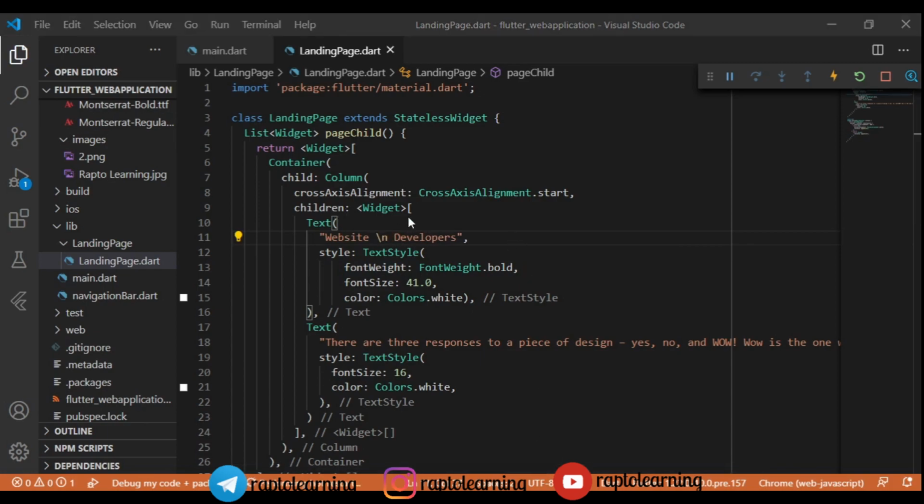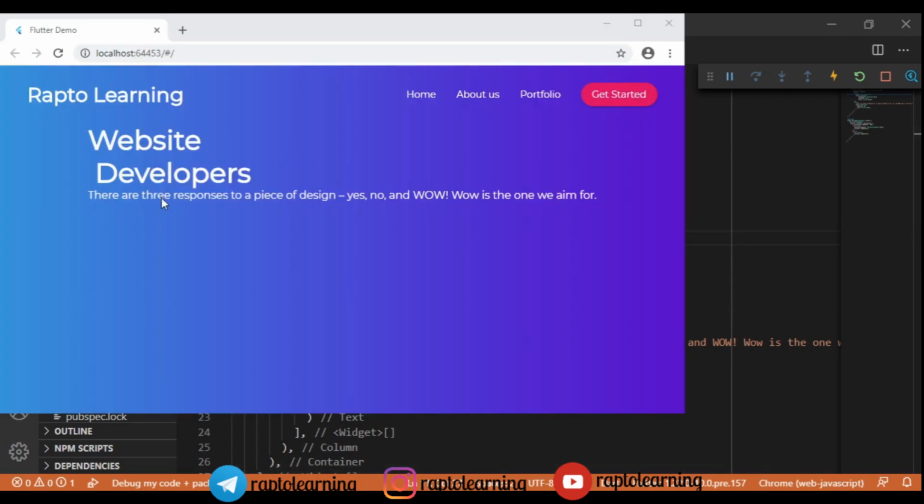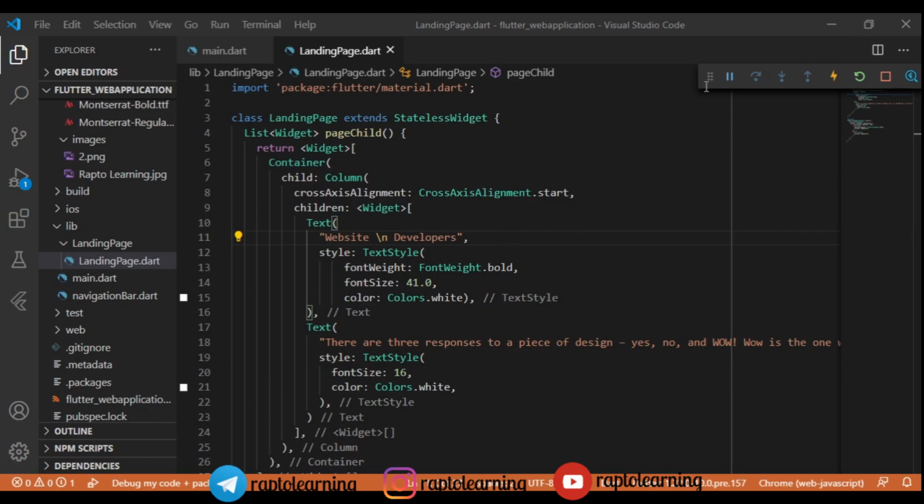So we will add that image in the right-hand side of our page, right? Here we will move these developers a little bit down, so it will look a little different and more attractive. Let's do that and see. As you can see, developers has gone down. To change the line of the text, you just need to add slash n to the text, right?